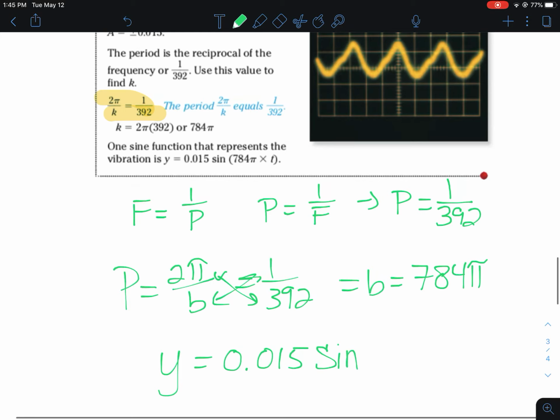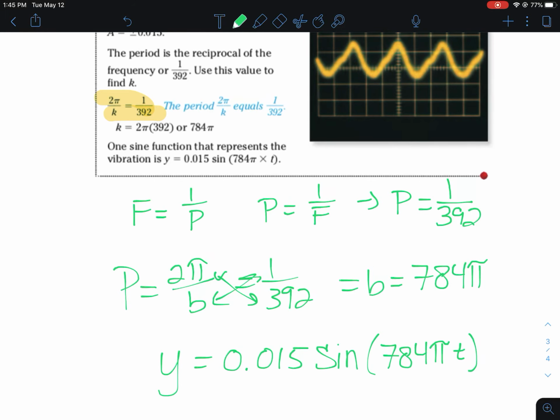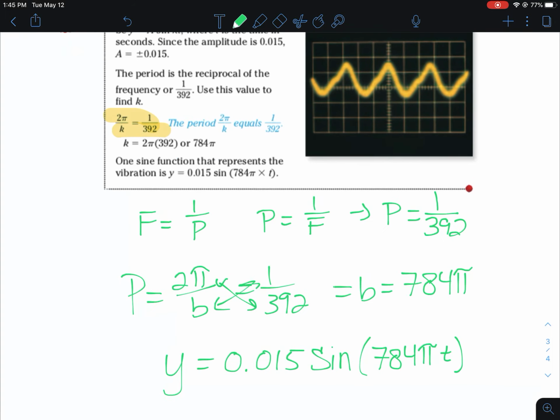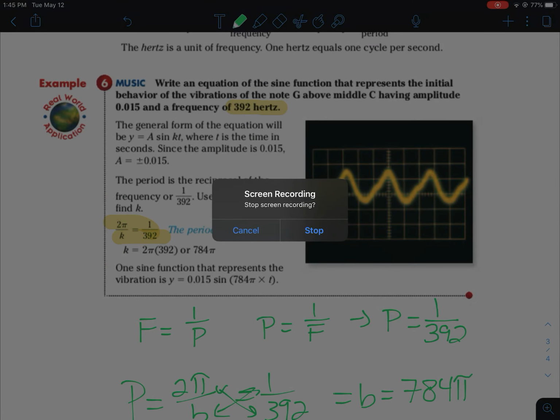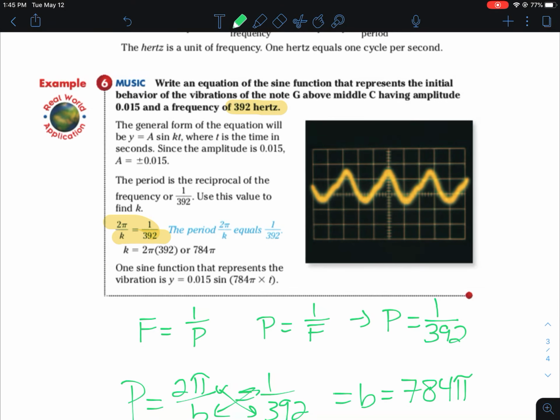So to write our function, the amplitude was 0.015. It's a sine function. And 784 pi t, or x, that would give me the equation, okay? So frequency, period, those are closely related. Again, I'm just sort of giving you an overview of this so the next class we can apply it a little bit more. So try the dozens activity, try